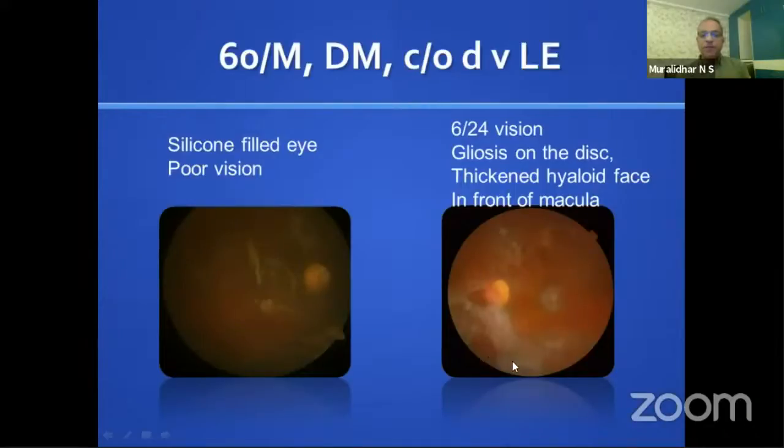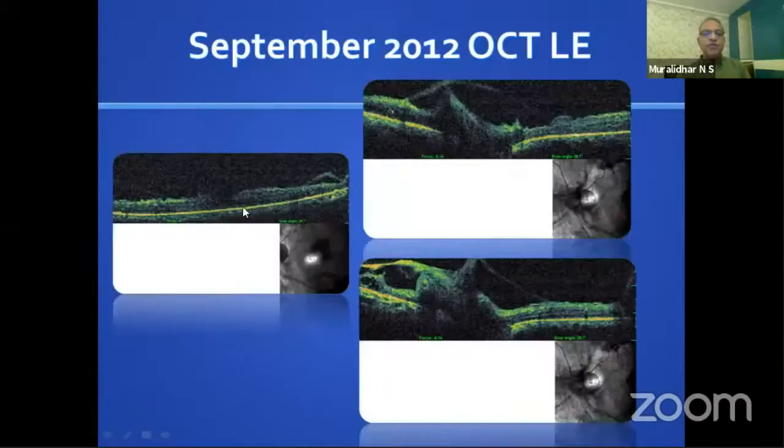You can see a lot of fibrovascular proliferation, but it looked very stable. And we were following up the patient. And he came with decreased vision in the left eye. Vision had decreased from 6/12 to 6/24. And we were just wondering what was the cause. And this was the OCT of the same eye showing a normal macula, no macular edema, no ERM, no macular